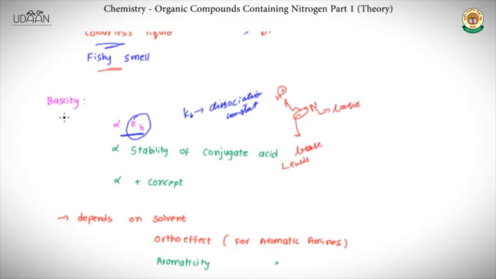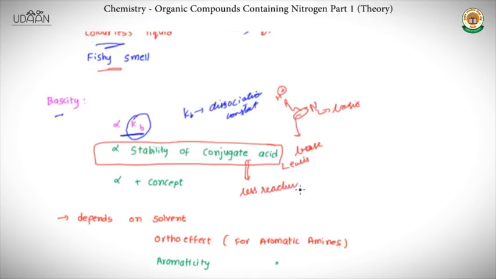So you can say that it is more basic. And the most important one is the stability of the conjugate acid. That is, if the conjugate acid form is more stable, it implies it is less reactive. So, if the conjugate acid form is less reactive,